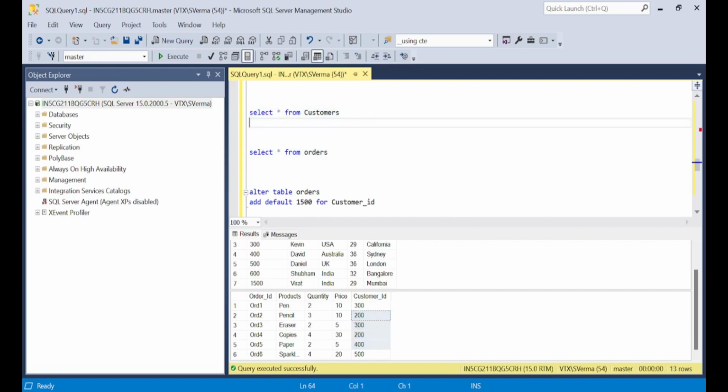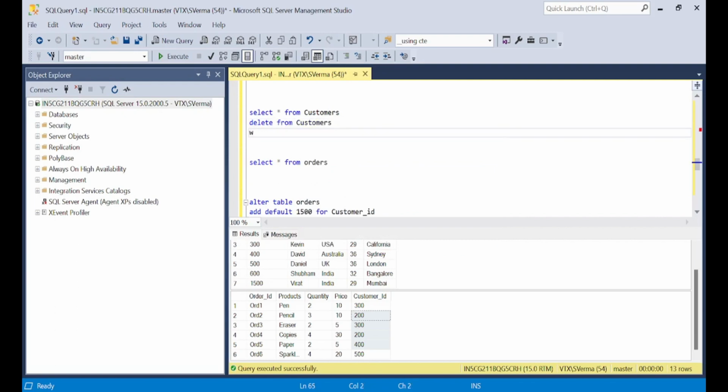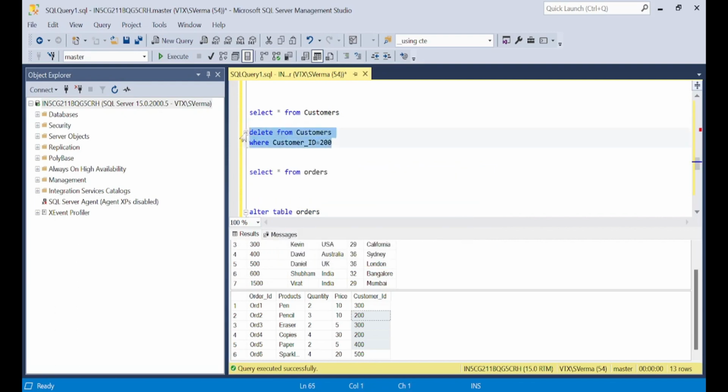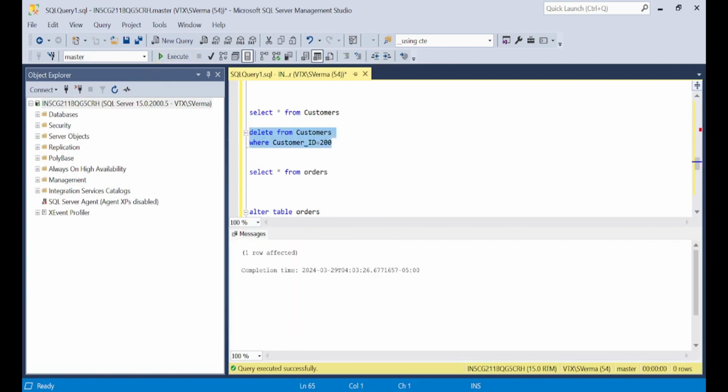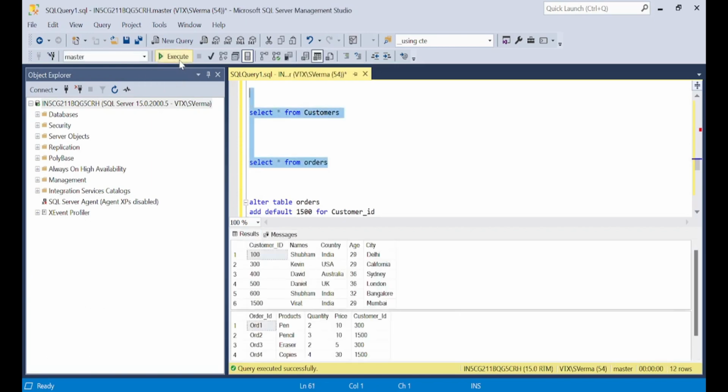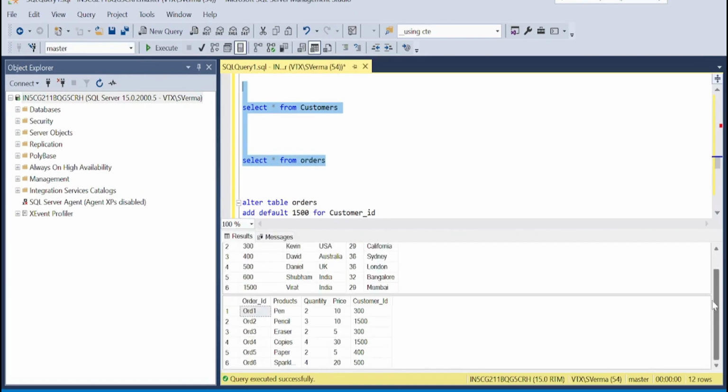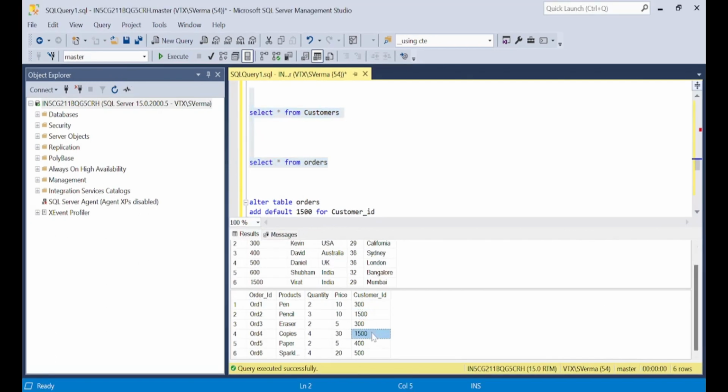So I will simply write delete from table name, which is customers, where customer ID is equal to 200. And now let me select this command and hit execute. So see guys, one row affected. And now let me delete this query and select both the queries and hit execute. So here we can clearly see this 200 is replaced with 1500